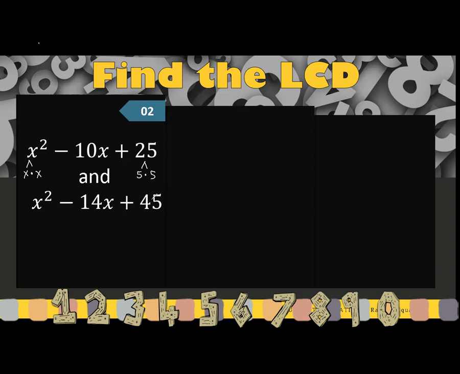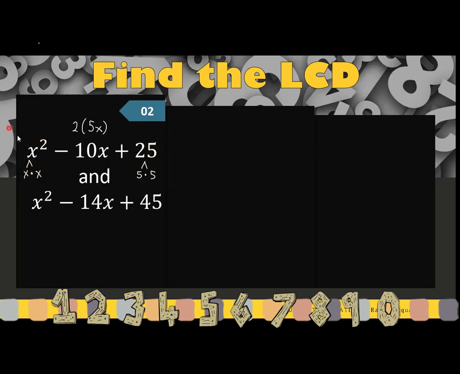Now, if we multiply the first and the last term, it will give a product which is 5x. Multiplying 5x by 2 will give us the product which is 10x. In this case, that is the middle term. So it means that the first polynomial is a perfect square trinomial, and we can easily find the factor of the given PST by getting the square root of the first term and the last term.